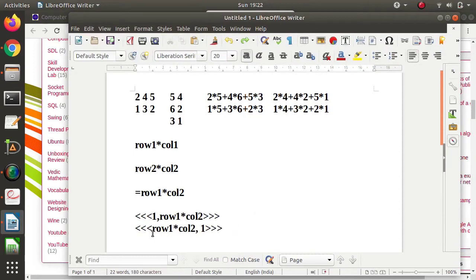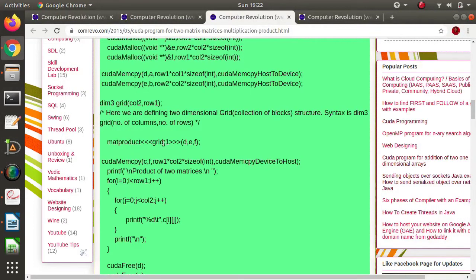This program is the first one. This is the example of that. So we are creating a two-dimensional block structure and one thread in each block.